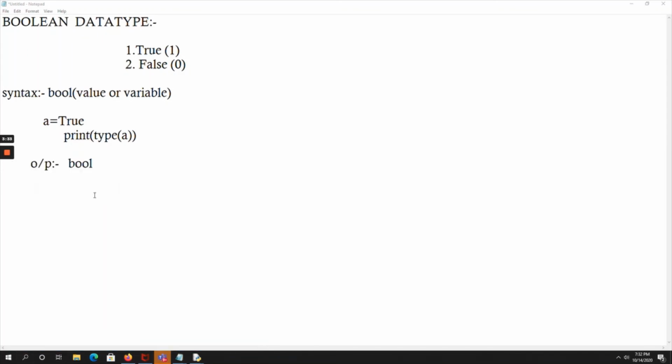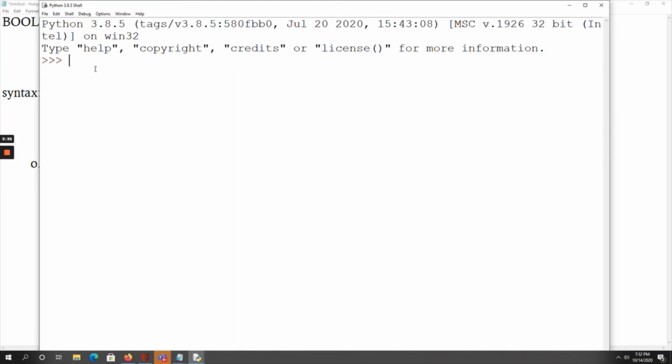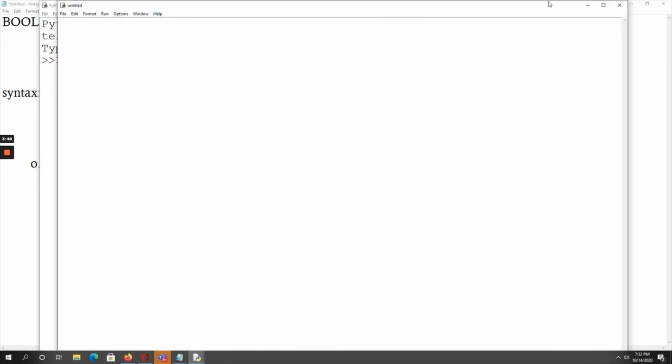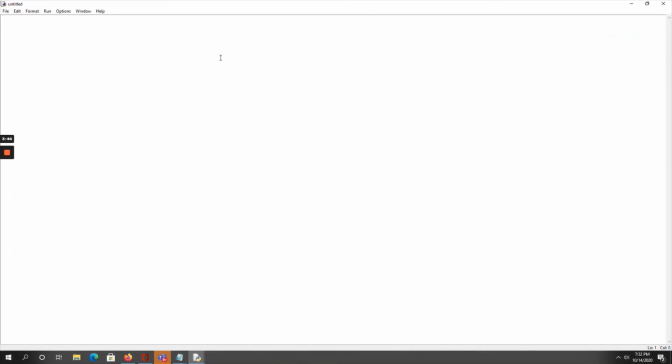Here I am printing the value of True plus True. That means I am performing an arithmetic operation between these two.